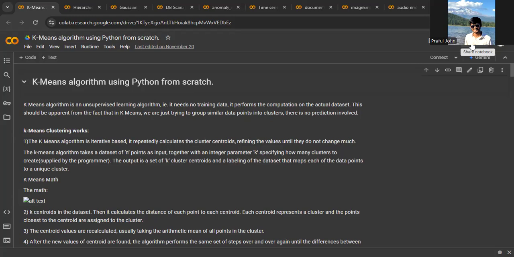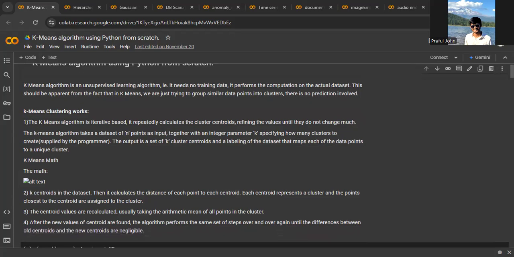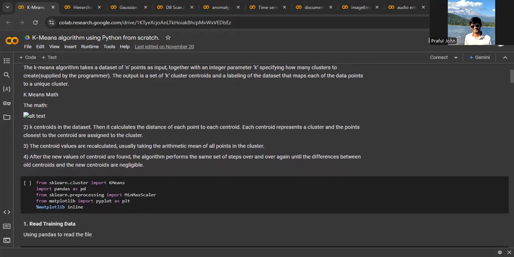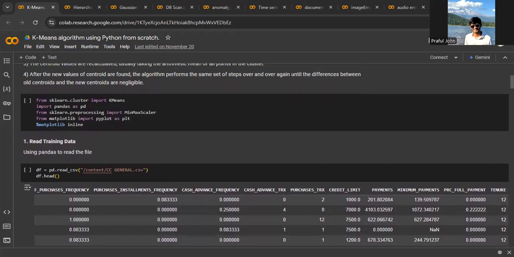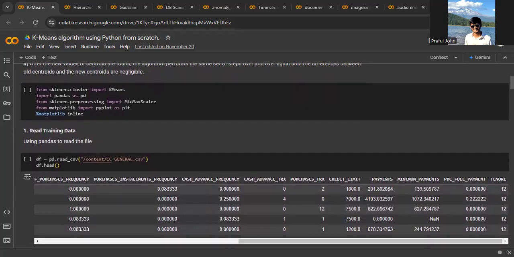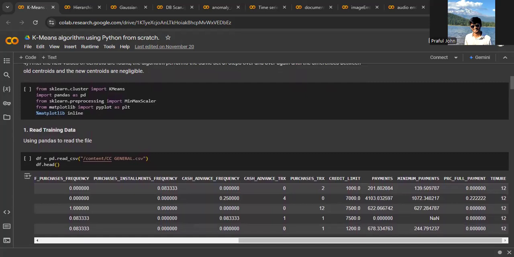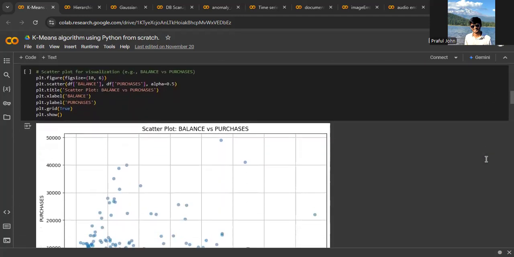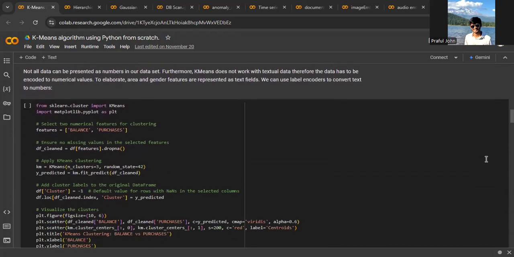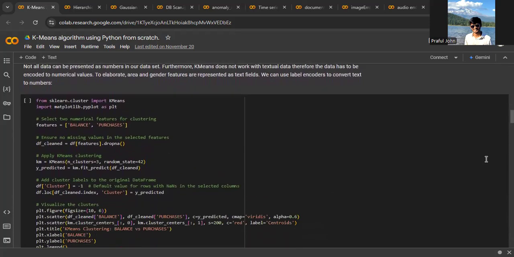So from the start we have the k-means algorithm from scratch, which is implemented using Python. So we'll import k-means and everything, and we'll read the training data which we have. Here we will validate using the k-means algorithm that is present in the sklearn cluster. We'll try to visualize the data. We'll encode categorical values, and